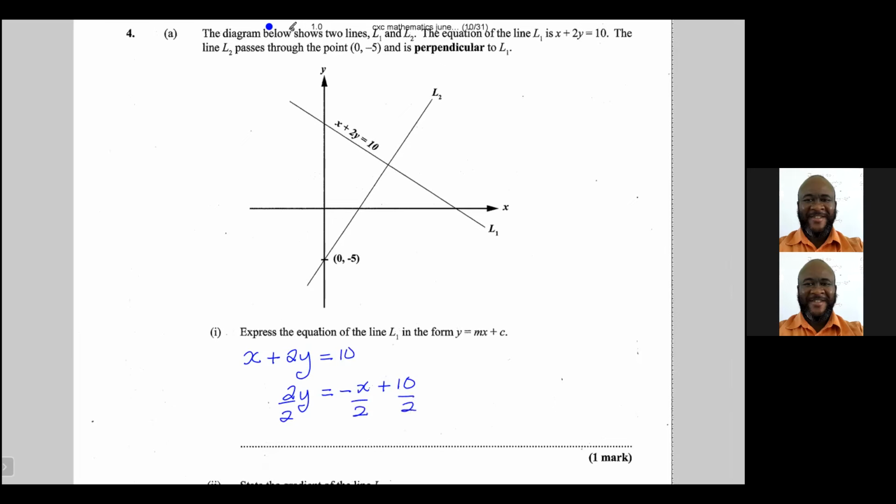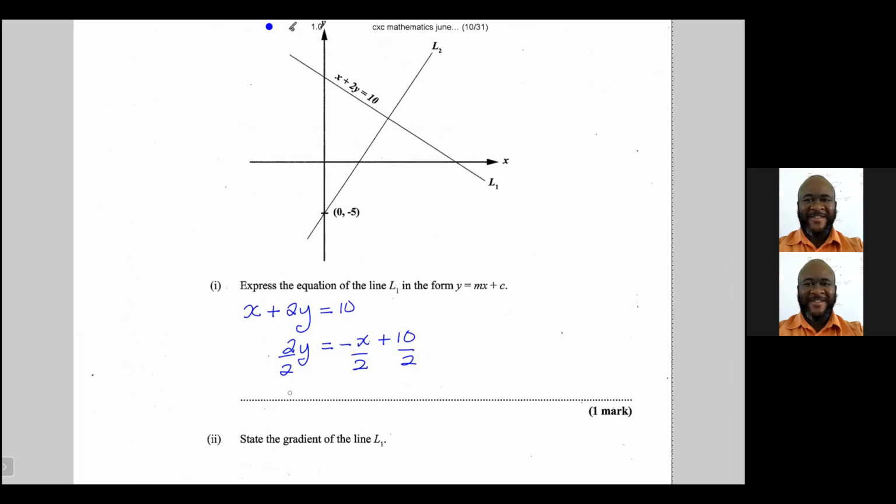And when I do that, I'm going to end up with y is equal to minus a half x, because dividing by 2 is the same as multiplying by a half, plus 5. So y is equal to minus a half x plus 5 is equation L1 expressed in the form y is equal to